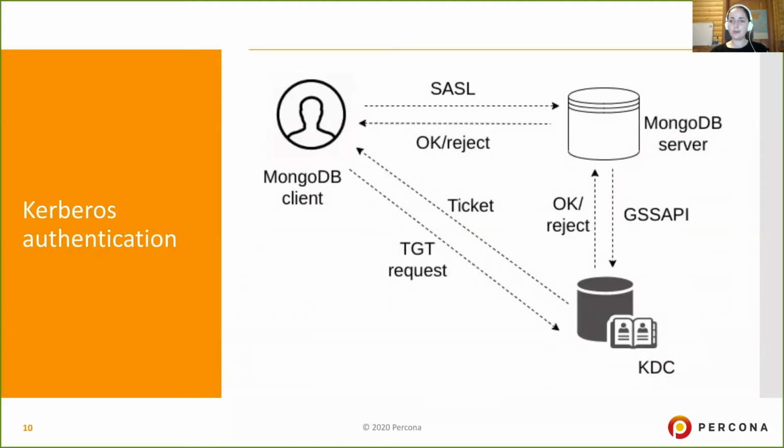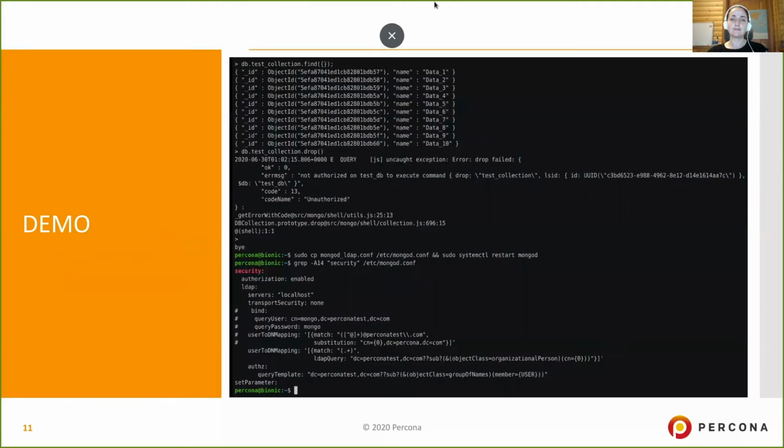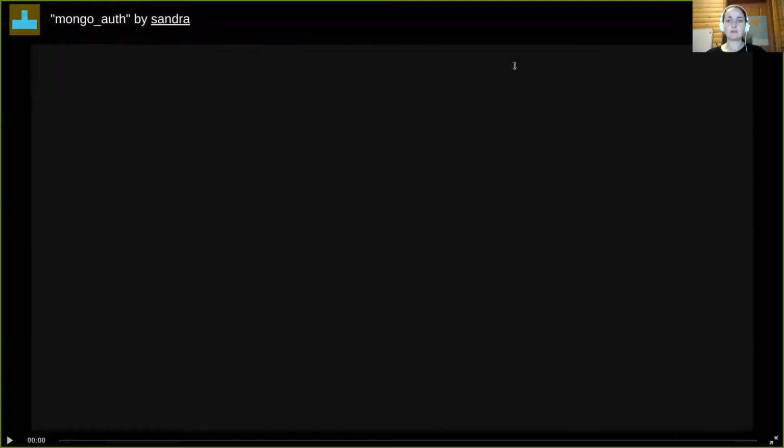That's probably all with theoretical part. So now let's move to a practical one and ensure that everything that I have mentioned actually works. So I will start demo from the first discussed authentication method, which is LDAP proxy authentication. I have pre-configured test environment with LDAP and Kerberos services since configuration of these services is just out of scope